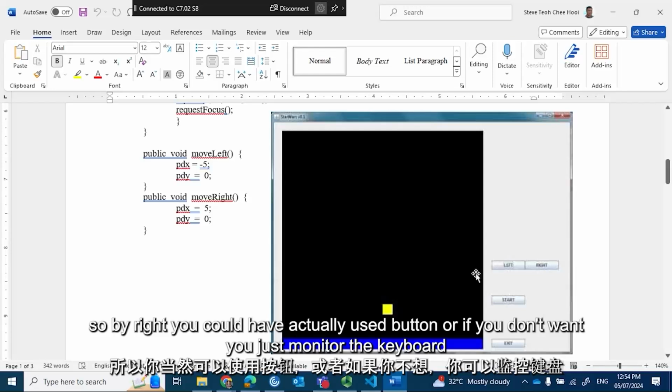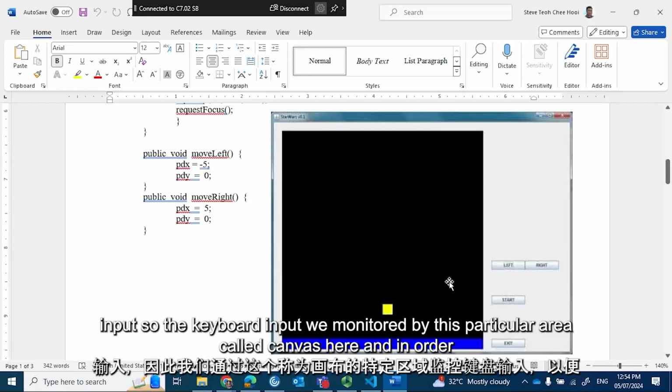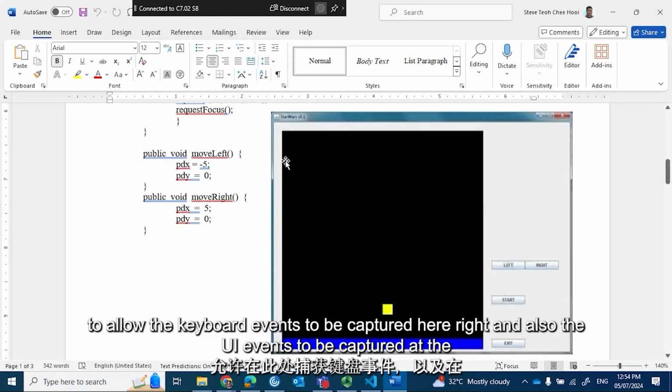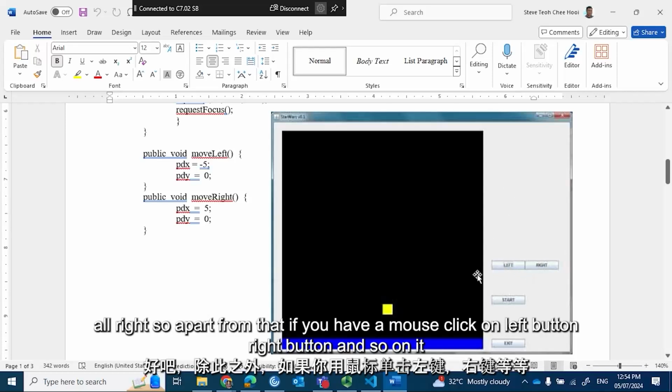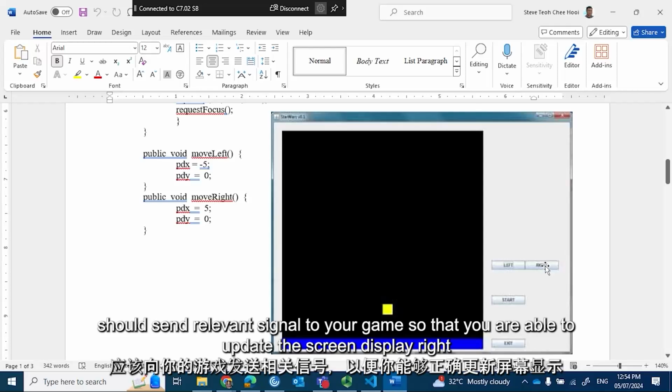By right, you could have actually used buttons, or if you don't want, you just monitor the keyboard input. The keyboard input will be monitored by this particular area called canvas here. And in order to allow the keyboard events to be captured here, and also the UI events to be captured at the same time, you might need to pass the focus to, in this case, the canvas over here. All right. So apart from that, if you have a mouse click on left button, right button, and so on,